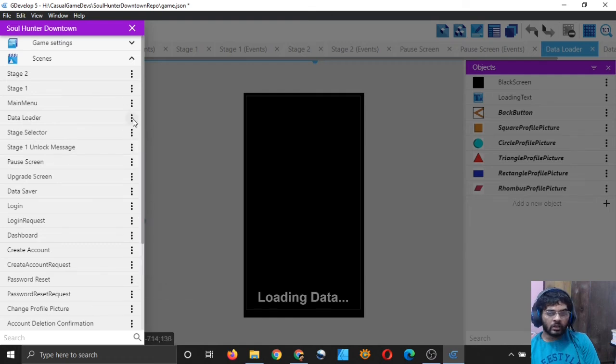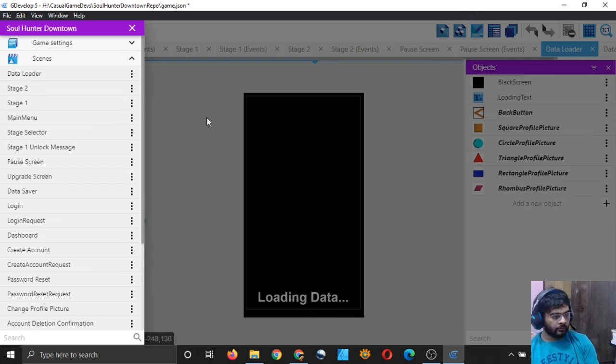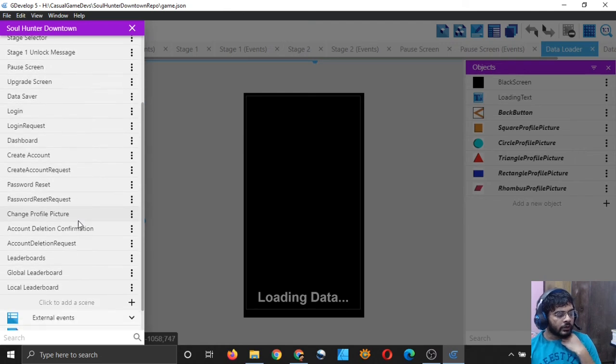But we saw how to make splash screen in the standalone version of the game. That is the version without networking, right? So that's okay. We know how to do that. But we will not do it in this one. We'll just have the data loader. It will load the data if it is present. And if it is not present, it will not load it. So that's okay. That's good.